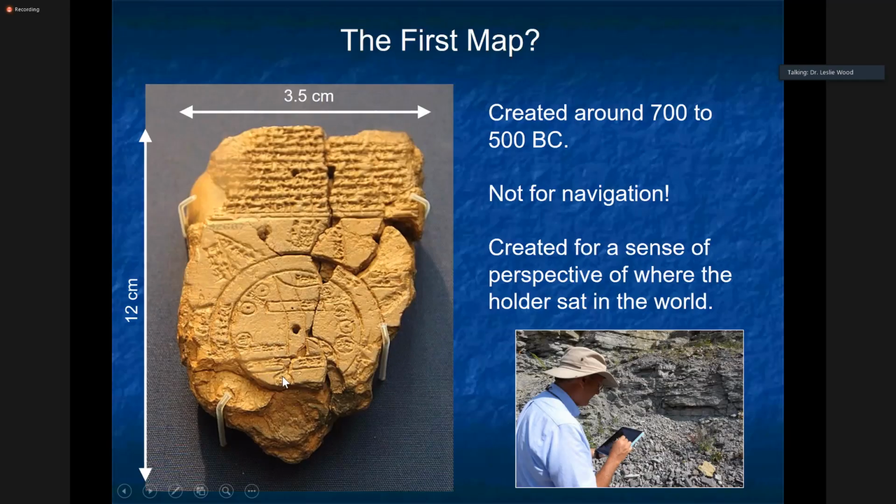And down here at the mouth of the Euphrates, it calls it a swamp, and there are several triangular features on the outer rim of the ocean. This map was really meant not necessarily for navigation, but to give the user a sense of perspective of where the holder sat in the world. And so this has been going on for thousands of years, us trying to understand landscapes, gazing at landscapes and mapping landscapes to try to understand the context within which we exist.